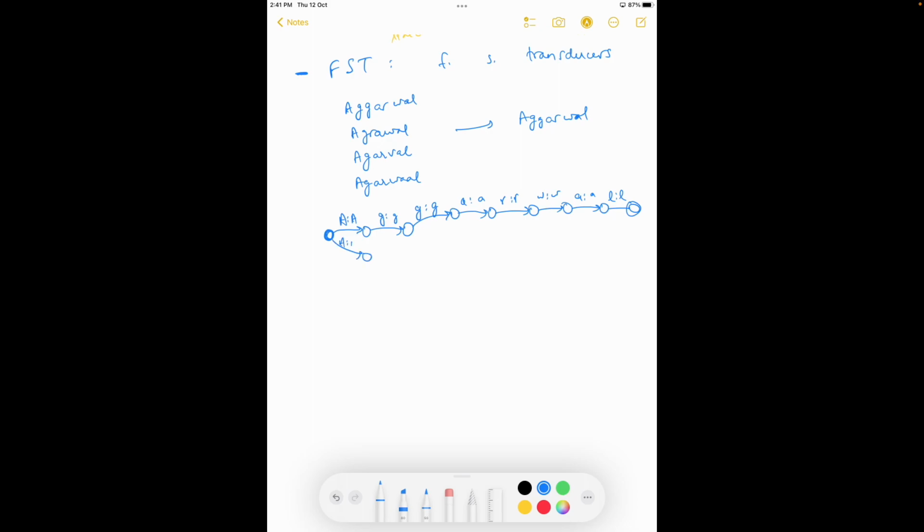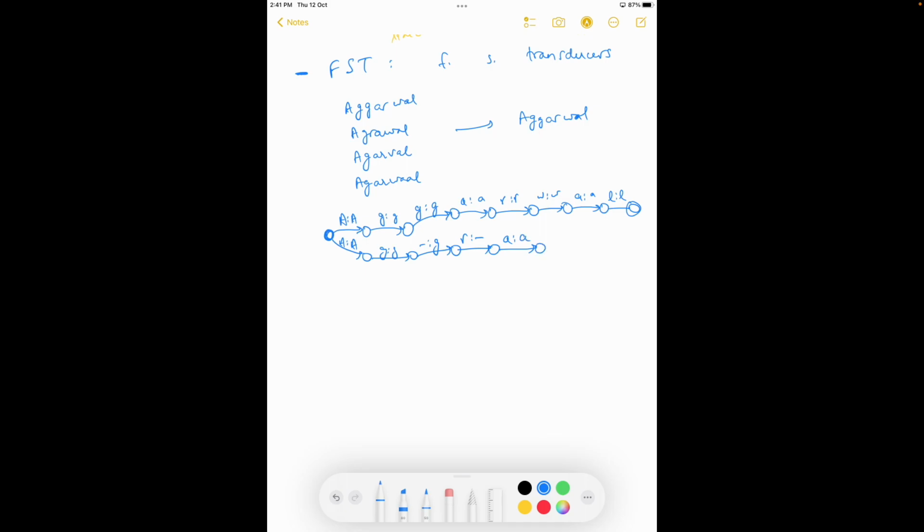Right, A maps to A, G maps to G. Then I have no second G, so I have to introduce an empty input that maps to G, and then we have R followed by A. So R maps to nothing, then we get an A, then it will map to A,